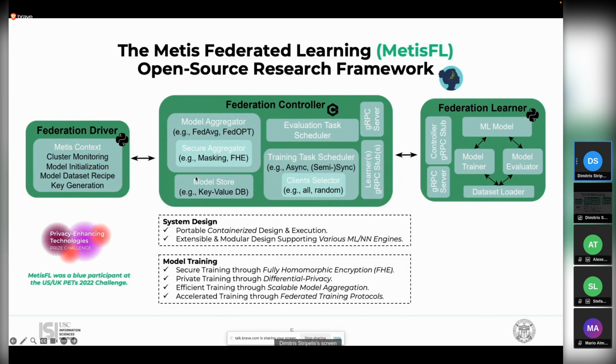Then there's a federation controller, developed in C++, which is the core and key component of MetisFL and consists of smaller modules like the model aggregator, the secure aggregator, the model store, the evaluation task scheduler, and the client selector. And of course, there is the federation learner. At its core, MetisFL is developed with gRPC point-to-point communication and uses fully homomorphic encryption to perform secure transmission and aggregation.